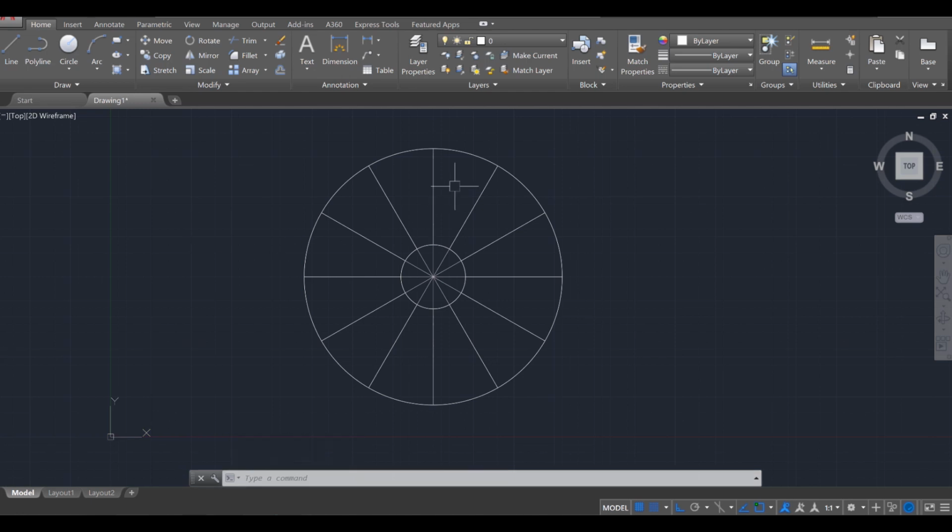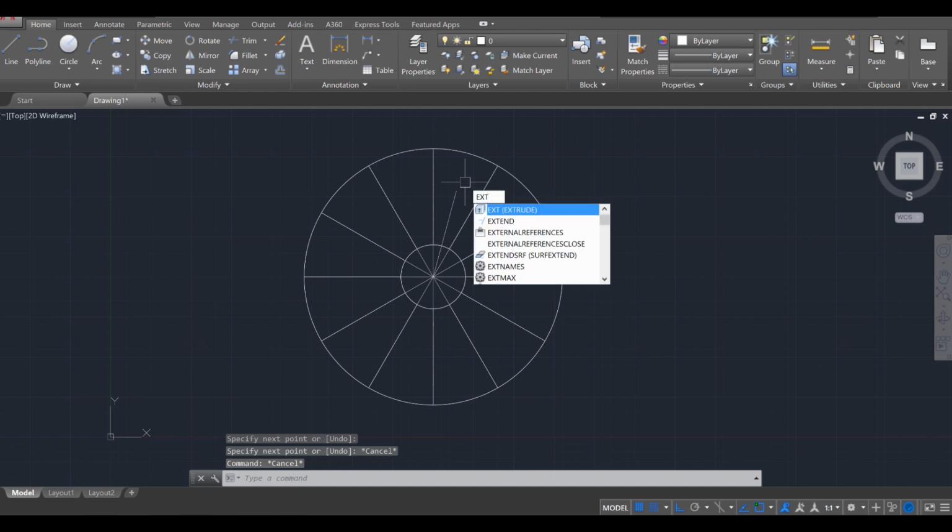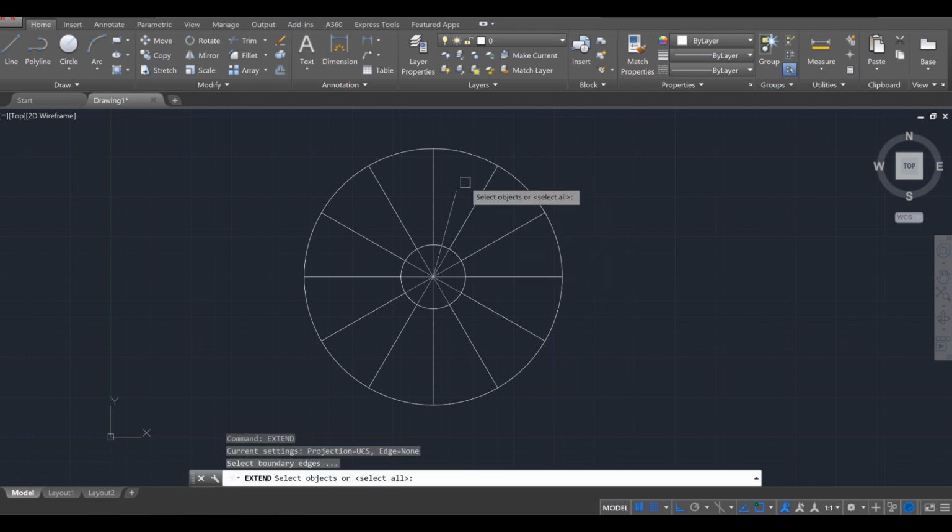Now on each step, we're going to have a post. So use the line tool, L for line, enter. And starting from the center, we're going to draw a line up to the geometric center of the step. So click there, press escape twice, and then use the extend command, EXT for extend, and one more E. Press enter, select the step you're working on, and then press enter. Then hover over to the line to extend that and click again, and then press escape twice